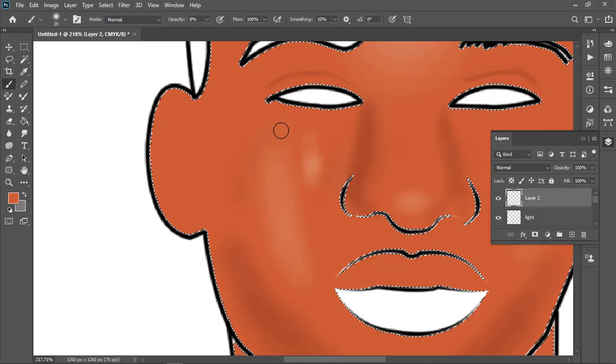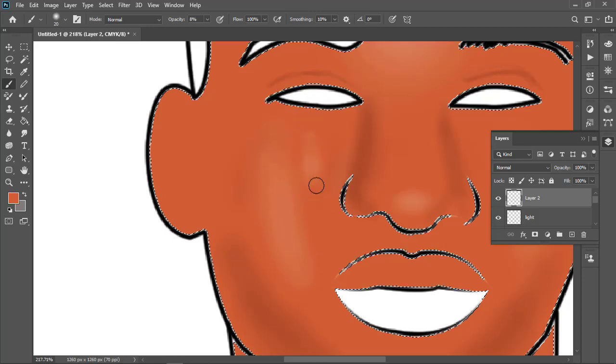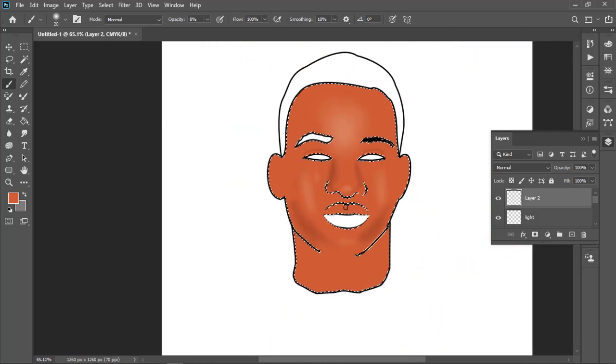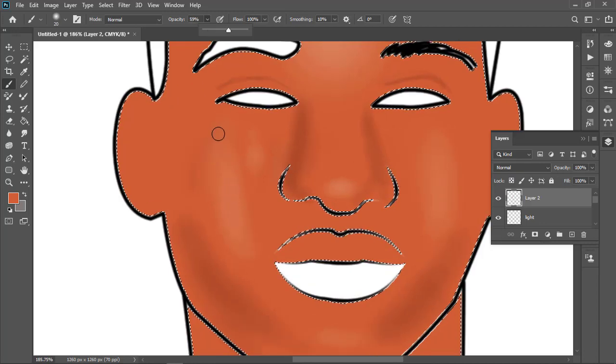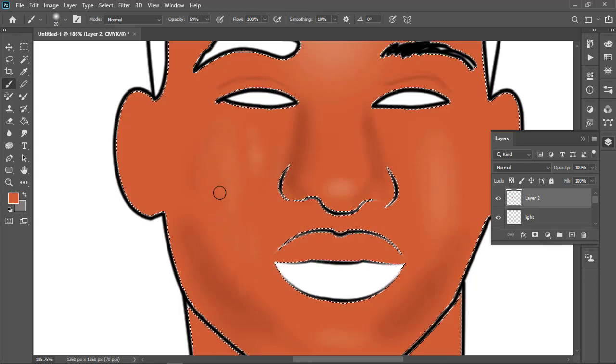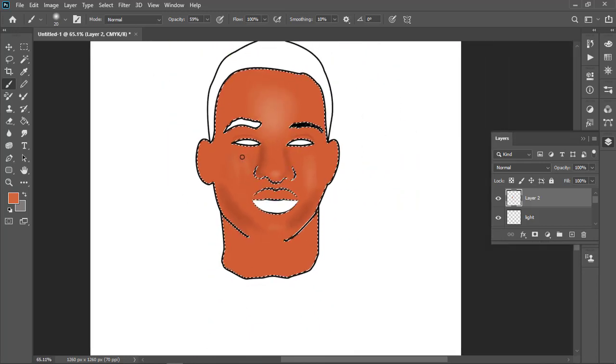Now this light is going to disappear. Not the whole of it, but a bit of it. Just like that. You see now, if you want it to disappear faster, you have to increase your opacity. Increase it up to there. You see now, because your opacity is higher. Okay, now that's how you do it. That's how you shade. I mean, that's how you paint.